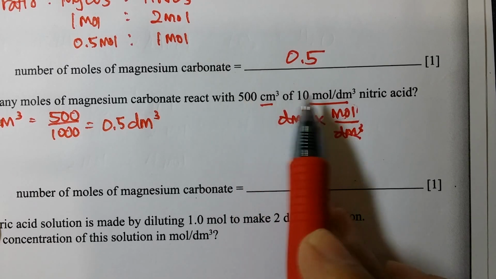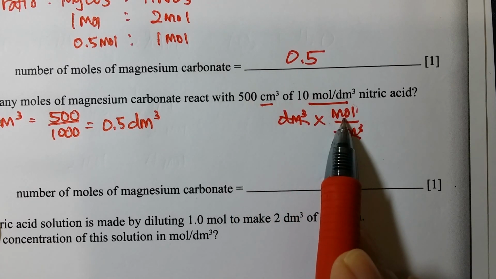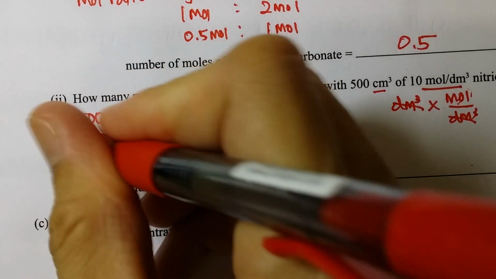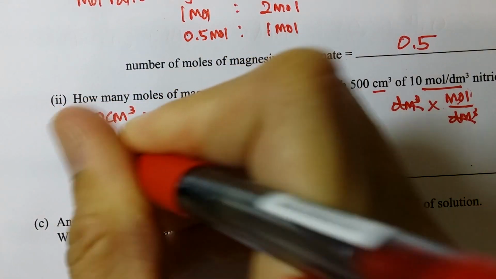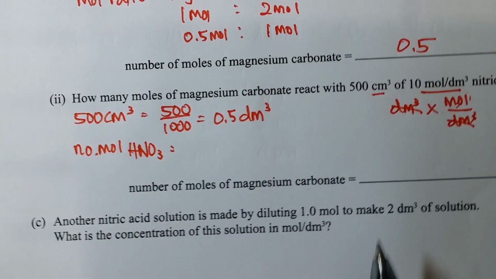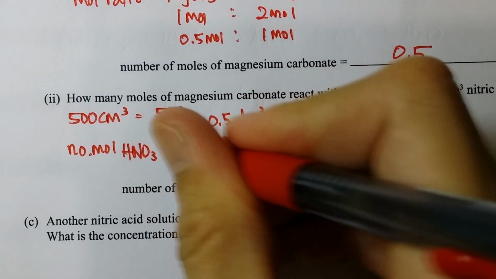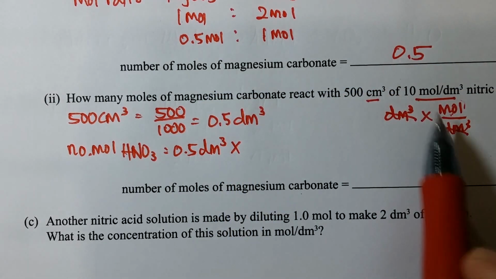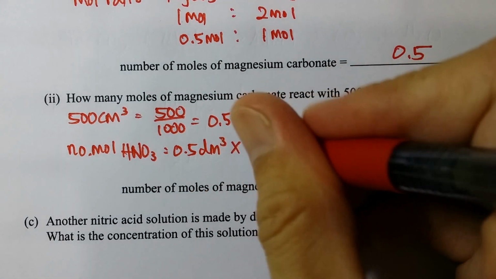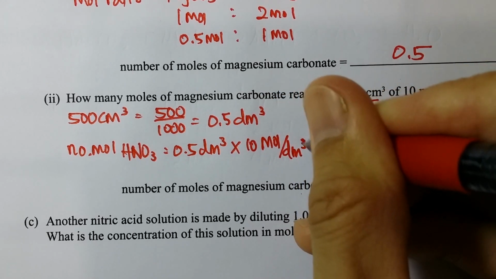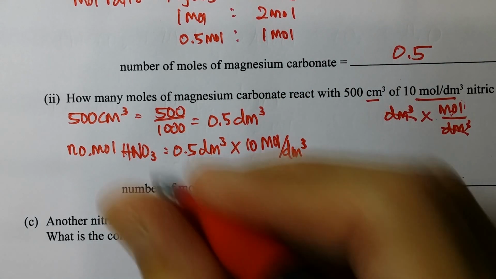So by multiplying these two numbers, we can get the number of mole of nitric acid. So what would be the number of mole of HNO3? It is by multiplying these two numbers. It is 0.5 dm cube times 10 mole per dm cube. Okay, multiplying it,